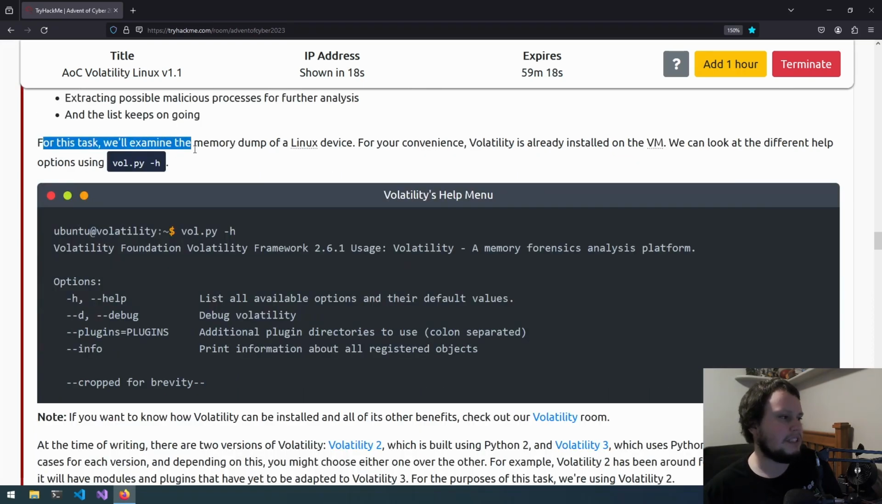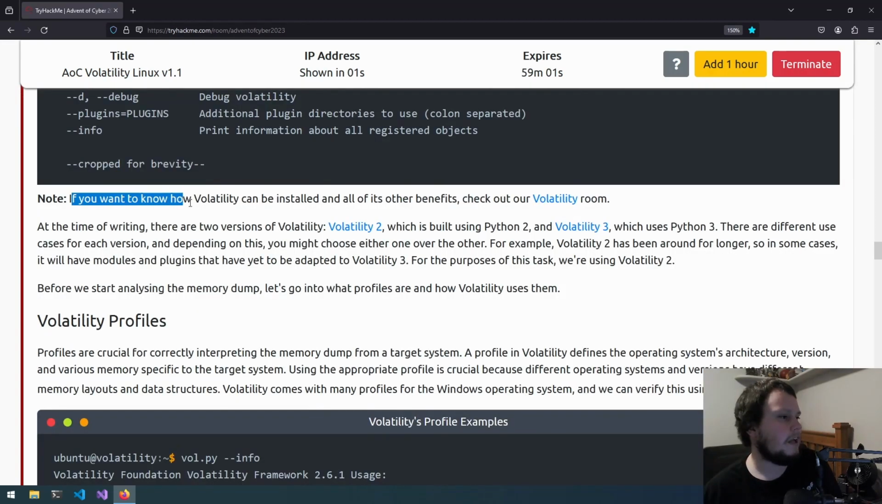So for this task, we'll examine the memory dump of a Linux device, and for our convenience, Volatility is already on the VM, and if we type vol.py -h, we'll be able to confirm if it's on or not. If you want to know how Volatility can be installed and all of the other benefits, there's a Volatility room